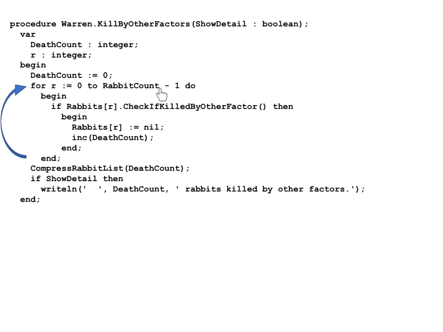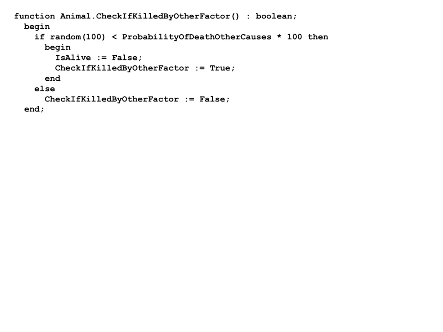It goes through every element in the rabbit array. It will call check if killed by other factor for each rabbit in the array. This is inherited from the animal parent class. This is the code itself. It gets a random number, and if it's less than the probability of death by other causes times 100, then